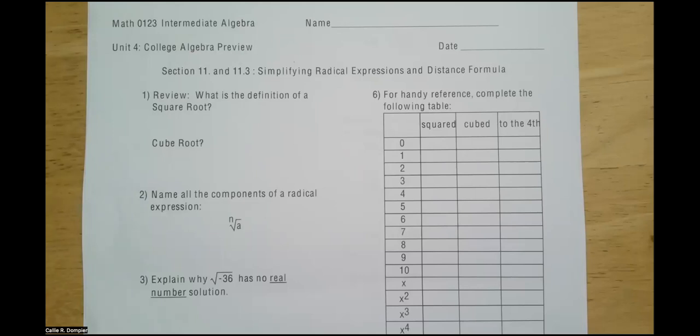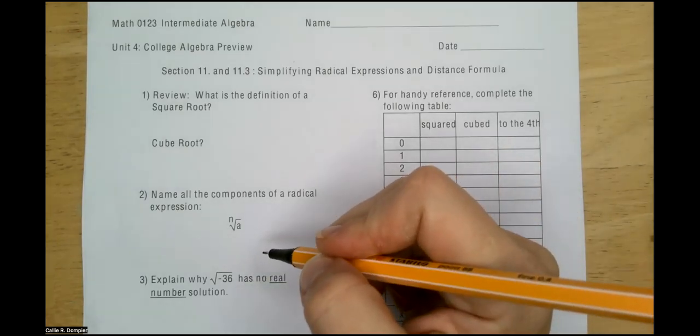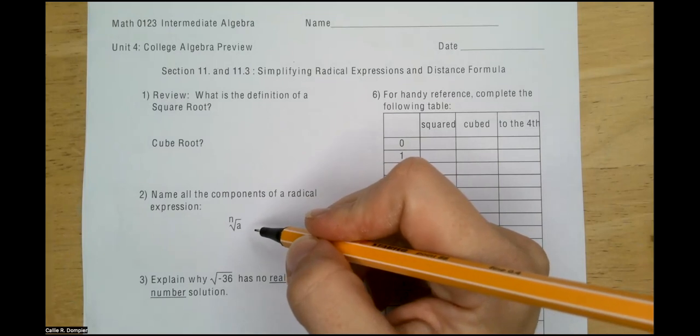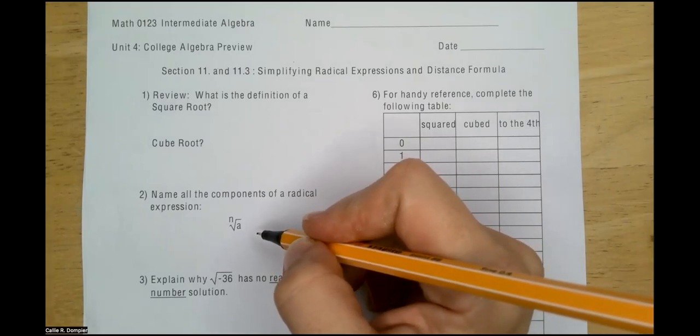So what is the definition of a square root? Or what do we mean when we say square root? A square root is the term which is multiplied by itself twice to yield the radicand. Okay, let's jump down here to number 2 before we continue talking about square root versus cube root and talk